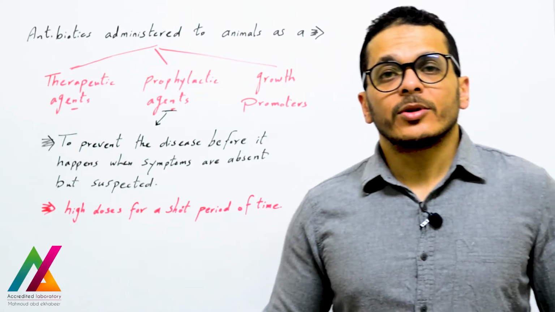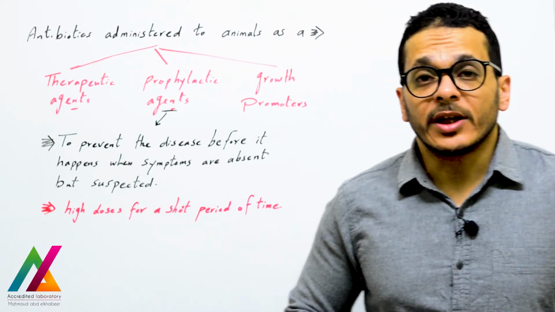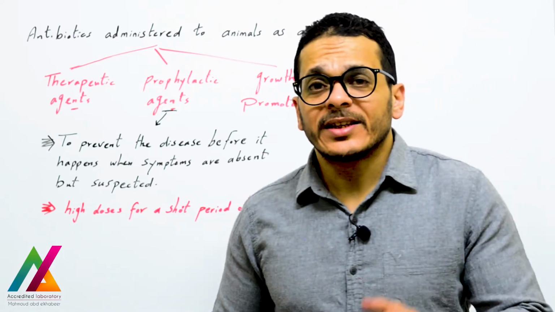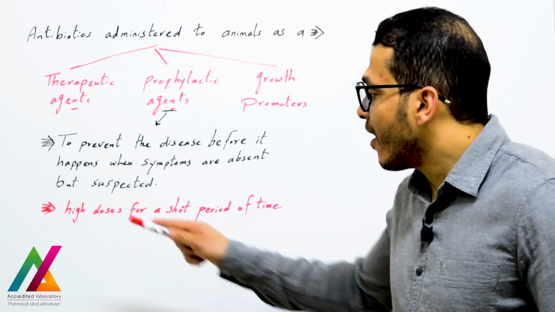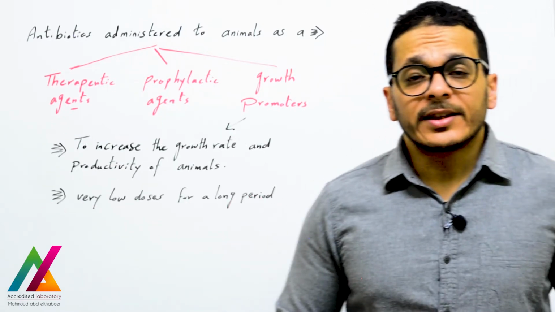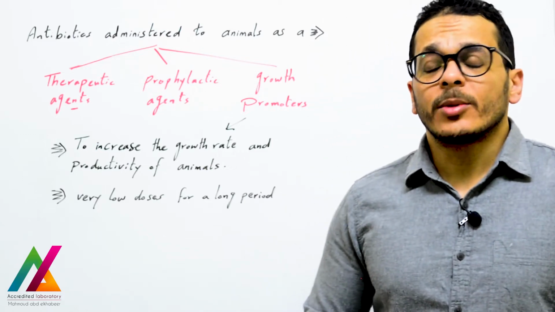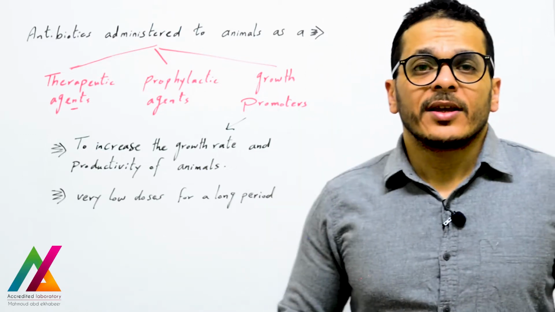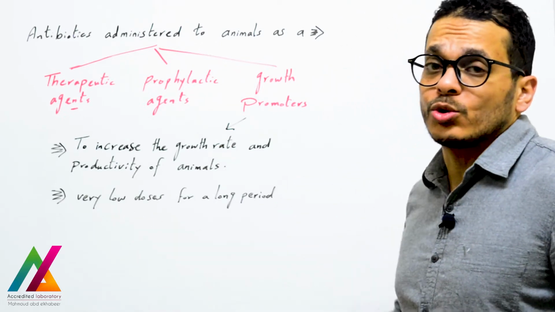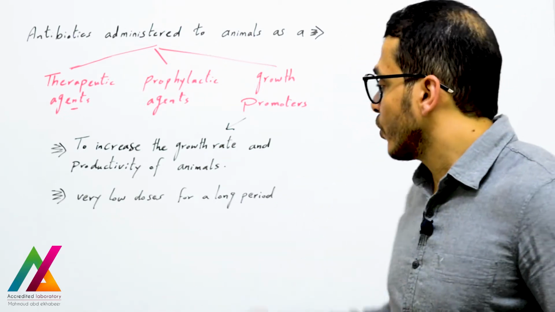And in this case, antibiotics will be given to the animals periodically for several days during the life cycle of the animal. So the animal in this case also will receive a high dose for a short period of time. And before that, in the old times, they used antibiotics as growth promoters. They thought that if they give the animal a very low dose of a mixture of antibiotics for a long period of time,